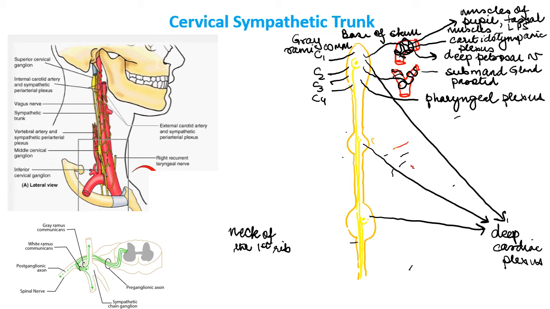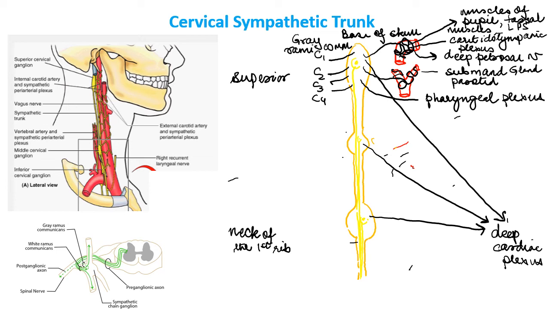So this is how the superior cervical ganglia gives rise to the various branches which now run along either the arteries or just join the cervical nerves directly and supply the sympathetic component to the various parts, to the head and neck viscera as well as to the skin of the head and neck.